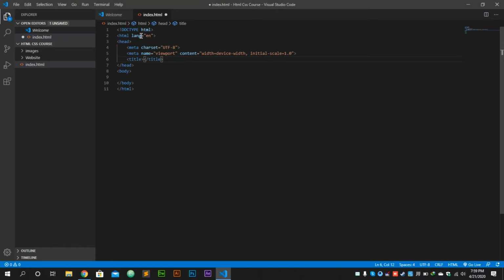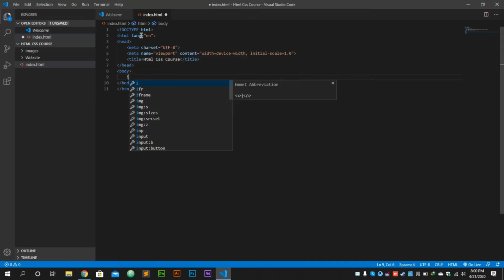Now I can change my title to HTML CSS course. In the body tag, we have previously discussed the img tag and some other tags like ul and ol. In this lesson, we are going to learn more attributes of img.